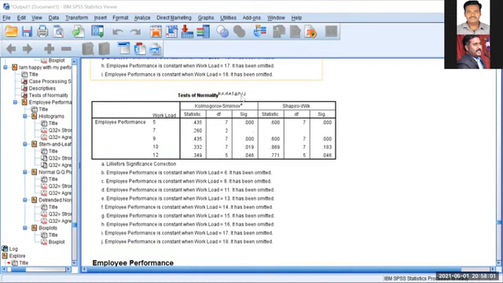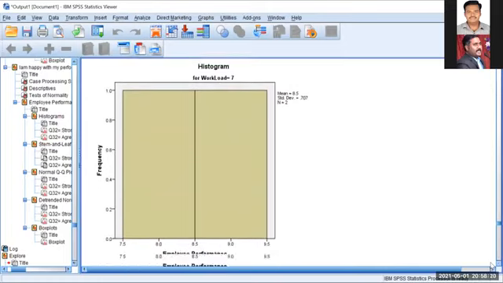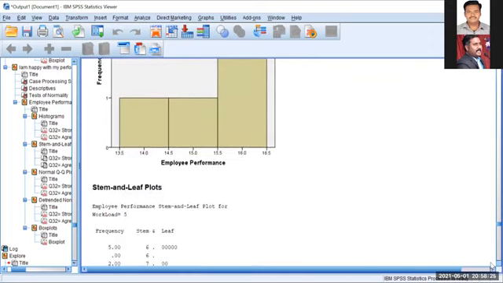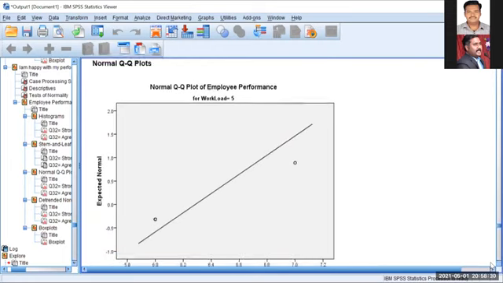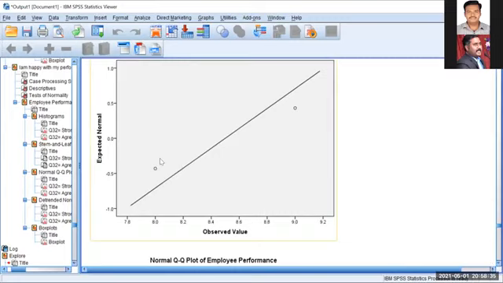If the significance, see the Kolmogorov-Smirnov test, I told you, right, test of normality, all the significance values are less than 0.05. So there is normality. Then you can use this. Then you can use the Q-Q plot also, and the histogram will be there. Show the normal stem and leaf, and next normality. See the normality plot. There are different plots, because I used only 2 factors, so it's showing 2 factors.